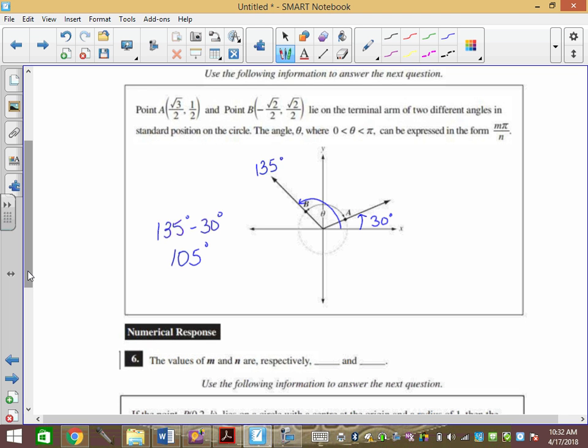However, it's not an answer. Multiplied by pi over 180. So 105 pi over 180 reduced is what? How much? 7 pi over 12. So the values of m and n respectively, 7 and 12. So your answer has to be 712. What if it was 127? You're wrong because it says